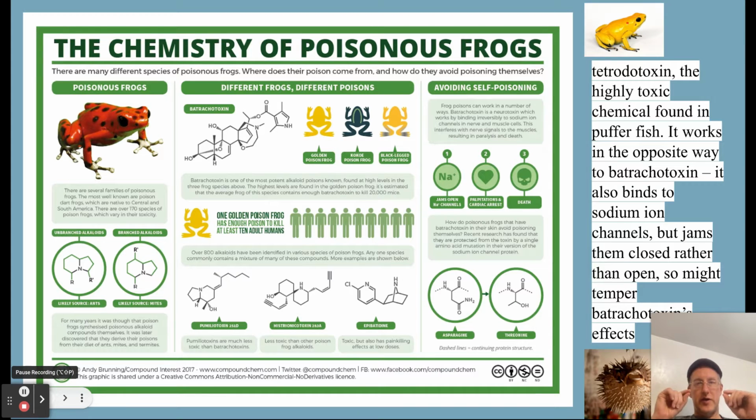Tetrodotoxin is a very, very potent toxin. Can kill up to 10 people, one frog. It actually binds to your sodium channels. So your body goes by sodium potassium channels. It'll bind them. They're closed. These are being bound open. And the other stuff, if you use a pufferfish, it actually binds them closed. So in one case, you're locked in tetanus. In the other ones, you can't breathe. So antidotes to each other, but both very potent toxins.